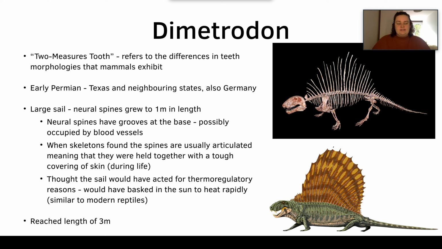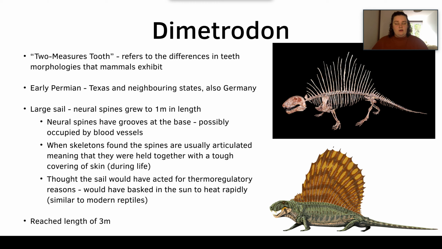So when skeletons of Dimetrodon are found, the spines are usually articulated, which means that they were probably held together with a tough covering of skin in life. And because of fossil decay, this would have broken down. However, it would have left the